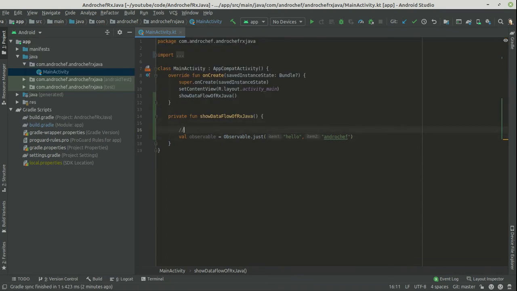So this is the first step of RxJava. I'll add one comment here, creation of observable, correct?